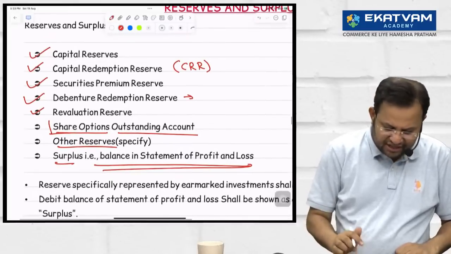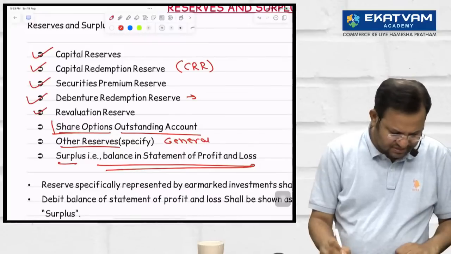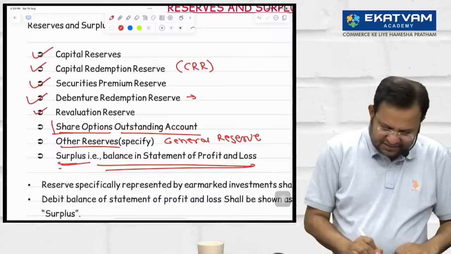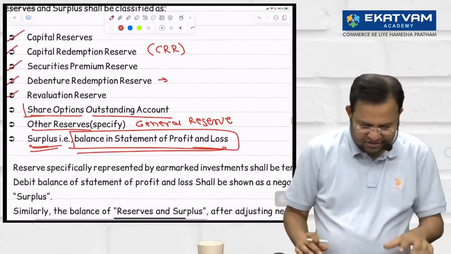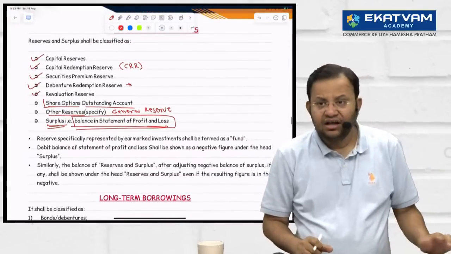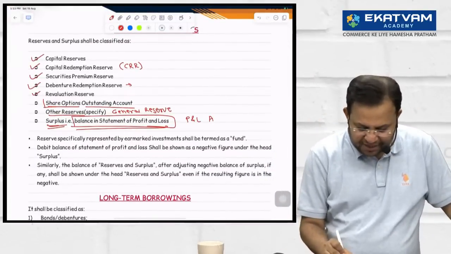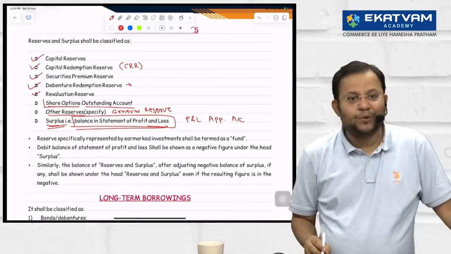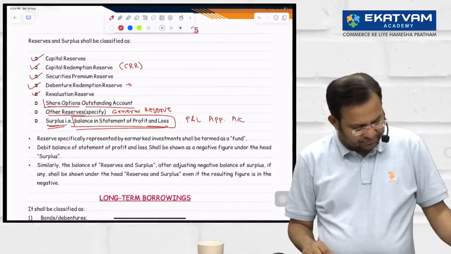General reserve, any other reserve का example क्या है? General reserve. कुछ भी. General reserve. Surplus, that is a balance in what? Statement of what? Profit and loss. ये कौन सा P&L रहता है बच्चों? Balance sheet में जो P&L रहता है, it is always P&L appropriation account. P&L appropriation account means